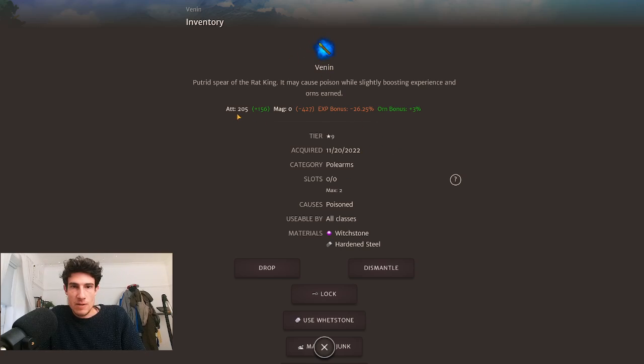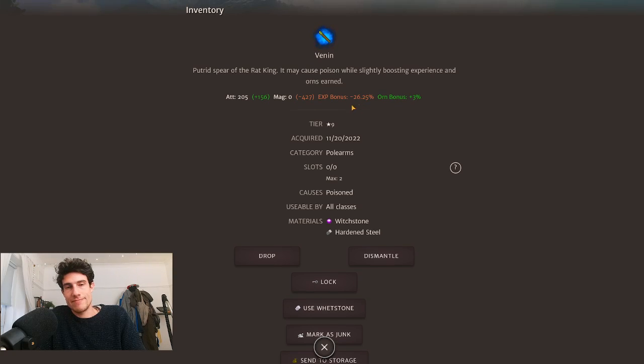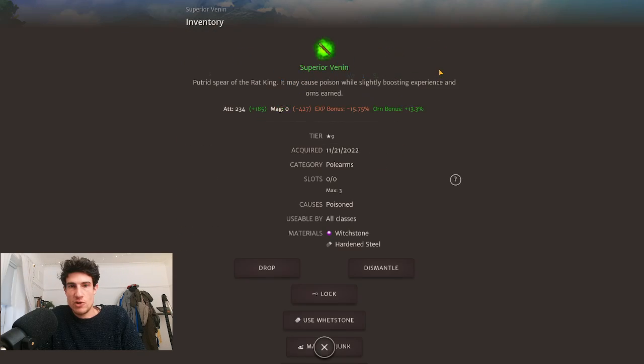So the Venom, you see, base standard Venom has 205 attack. Also, the Orn bonus is plus 3%. This experience bonus is actually comparing to my currently equipped weapon, which is a little bit awkward in this situation, but let's forget the experience bonus for now. Plus 3 Orn bonus. And then if you go to Superior Venom, which is the next quality up,